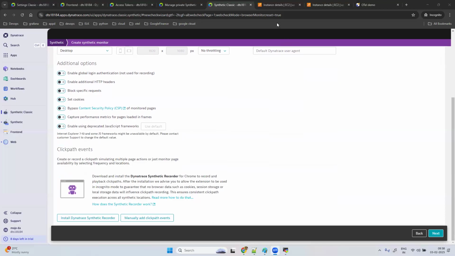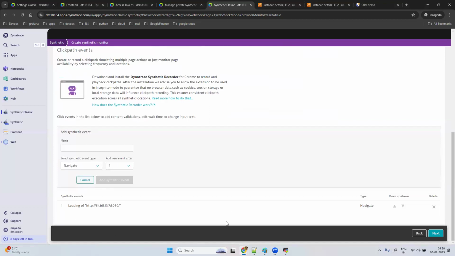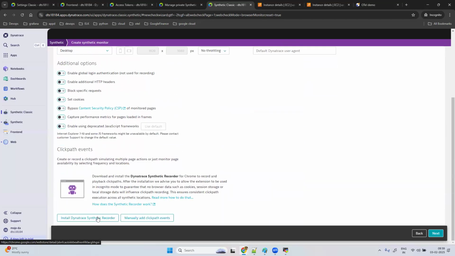For multi URL, you need to install the synthetic recorder. Suppose you want to go with the manual option, you can add a manual click path, like first page, second page, third page, fourth page, something like that. Yeah, you can have your synthetic recorder. I will record the synthetic,